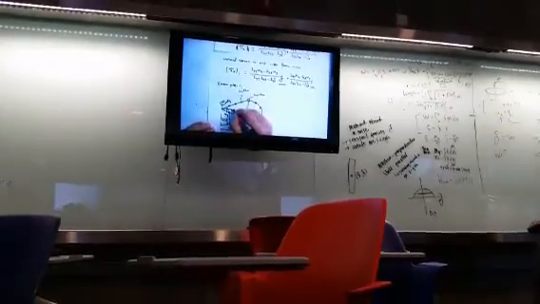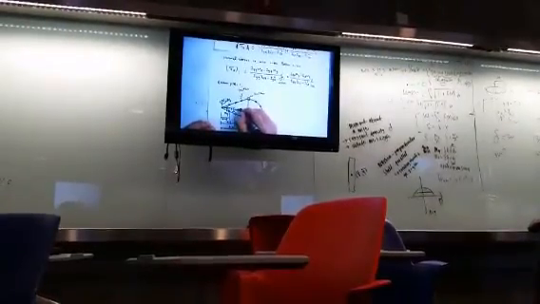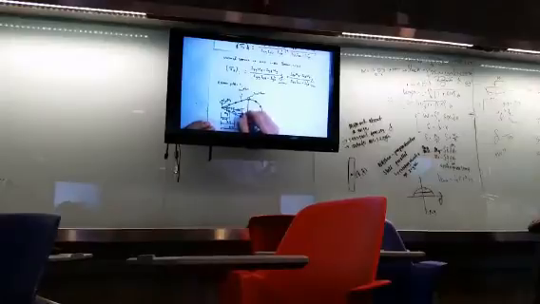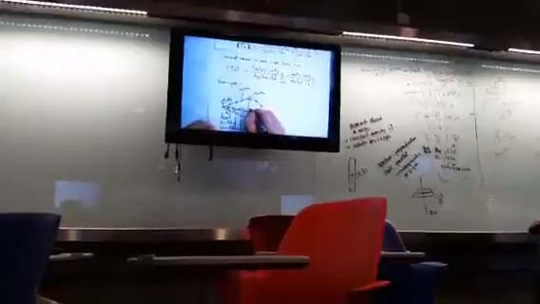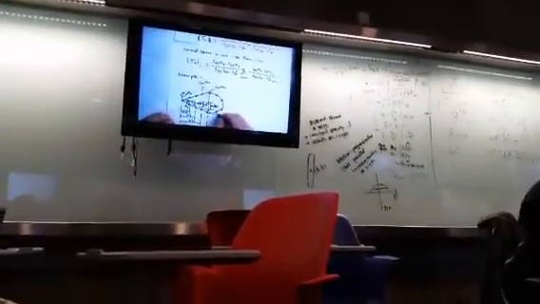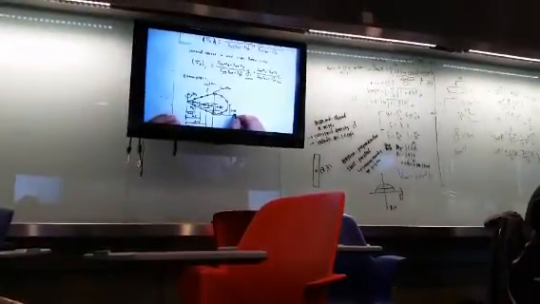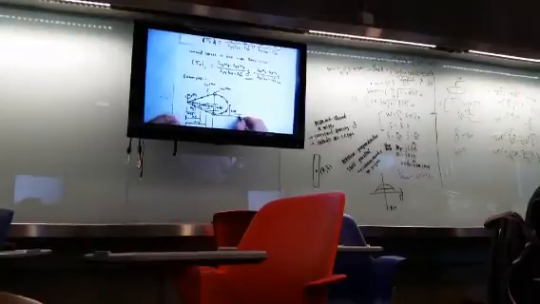And the height from here to here, and from here to here is 0.25. And from here to here is that much, and from here to here 0.5, and from here to here is